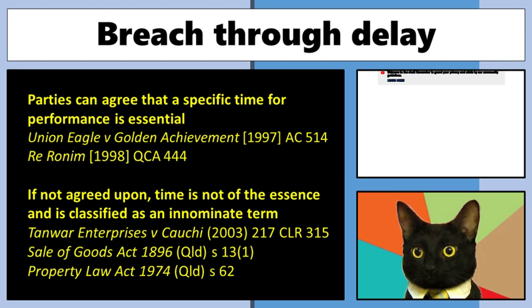So, I've always found these ones to be kind of a little bit funny. The reason why I found them a little bit funny is that this Union Eagle case, have I got another one there? No, I don't. Union Eagle, yeah, no, that's right, it's Hong Kong. It's a Hong Kong case. AC is the appeals cases, it's the Privy Council. And these are both actually to do with property settlements.